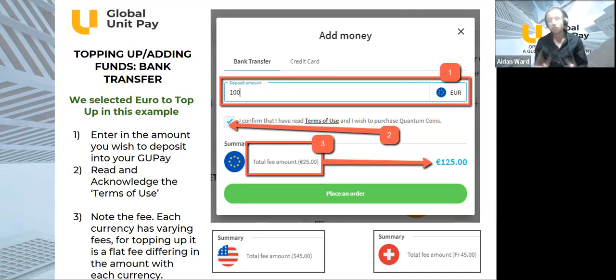And I strongly urge everybody to go and read the terms of use at least once, just to make sure that you know what's expected from us at Global Unit Pay. We know what's expected of you, and you're actually doing things by the book, with no suspicious activity, because, as I've said many times before,